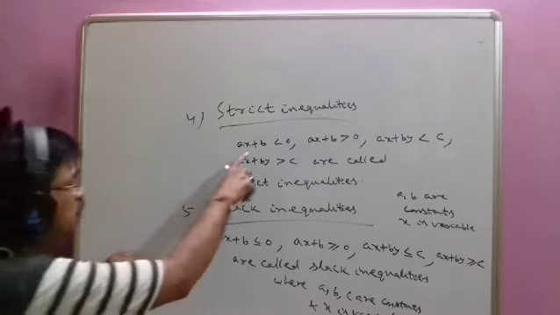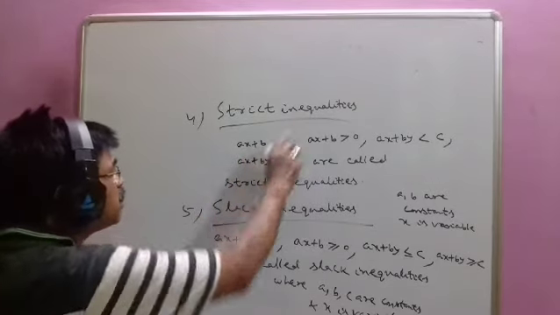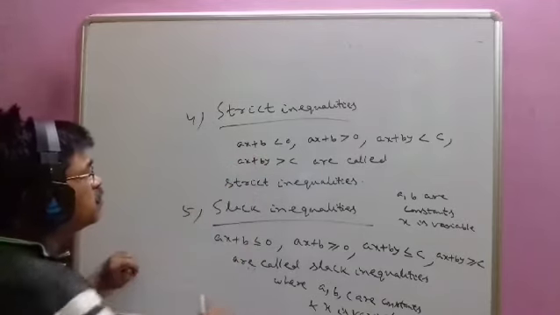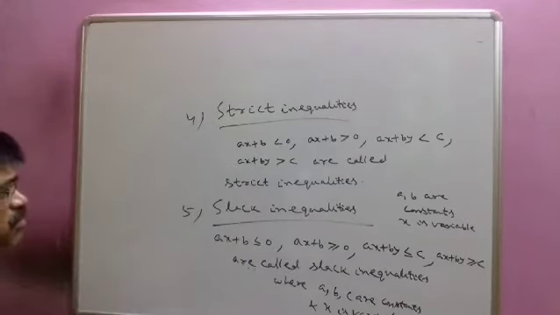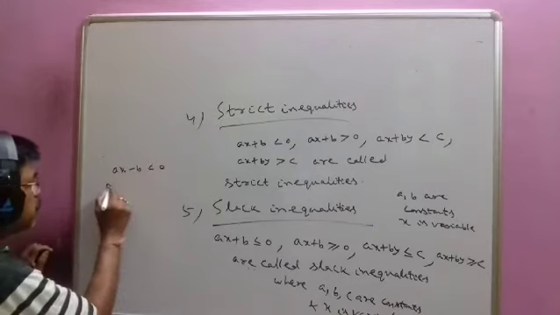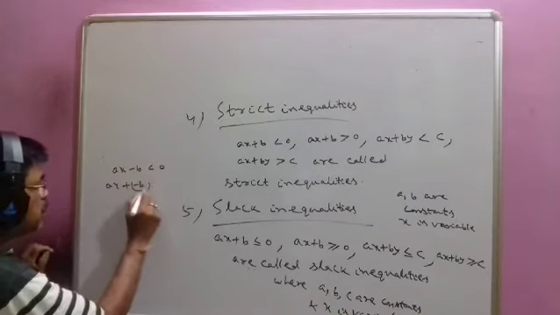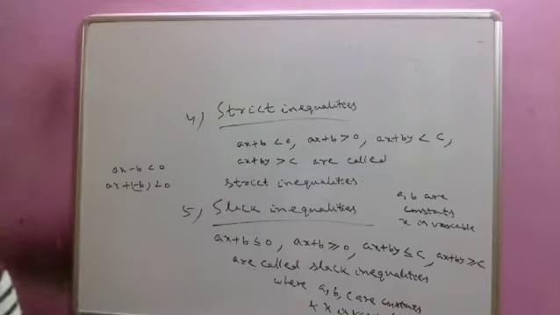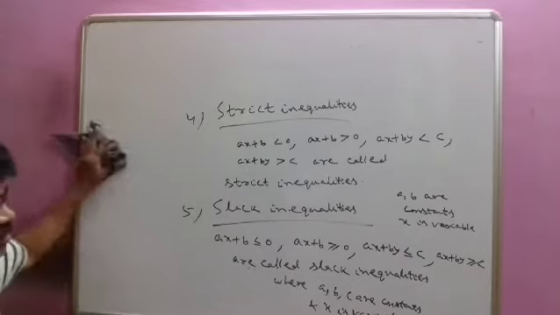Whatever, here there may be a minus sign also, so that is also strict inequality. Suppose x minus b less than 0, that is also strict. Plus or minus, any sign may be there. Suppose I say ax minus b less than 0. This you can write as ax plus or minus b, so it is of this form. So it is strict inequalities.